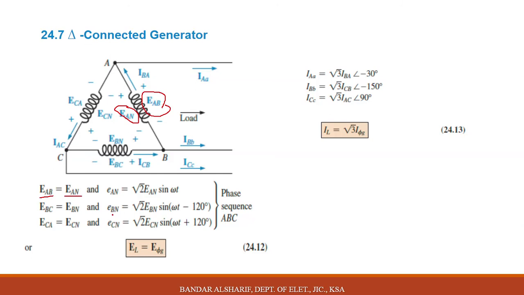You will find here EBN is minus 120, ECN plus 120. Between each phase and the other phase